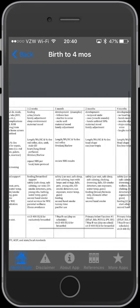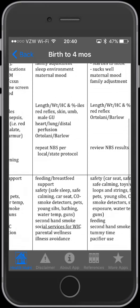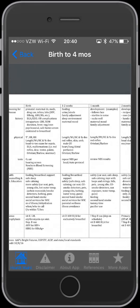There's no evidence ratings for any of these, so it's hard to really tell looking at any one visit, so to speak, what is coming from evidence-based versus expert opinion, what recommendations are Bright Futures versus ICSI versus USPSTF. But those are minor quibbles